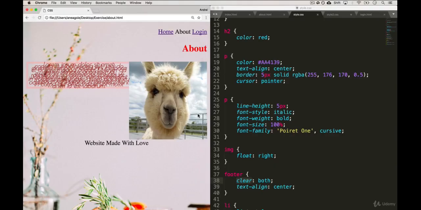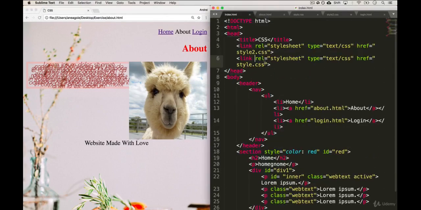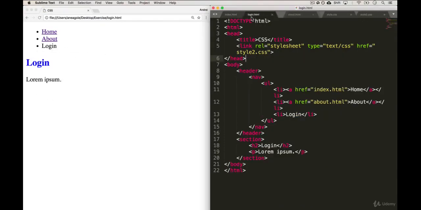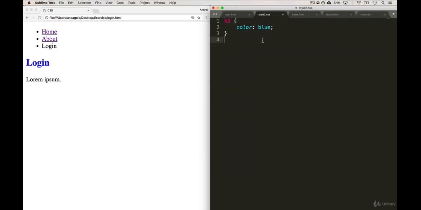So we have our not so pretty website right now, but I've left our login page intentionally still kind of blank. And you see that there's no styles applied to it because if we go to the login page, I'm going to drag it over here. It's referencing style 2, which doesn't have much styles happening. To really emphasize this point, instead of the lorem ipsum, I'm going to create a div. If I give this a class of box model, I can go into my style 2, which I'm going to drag over here, and I can say box model